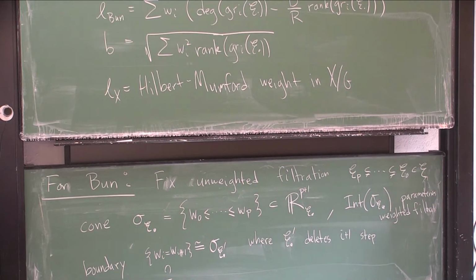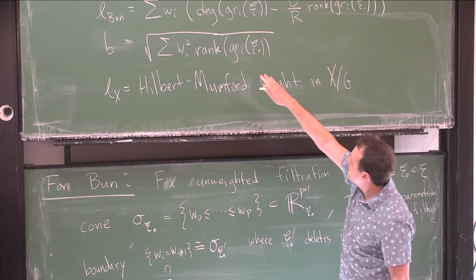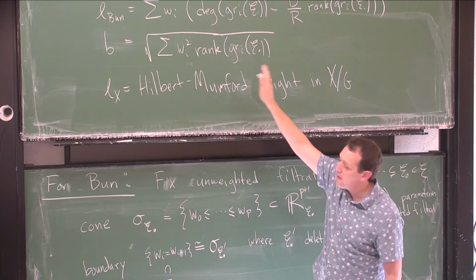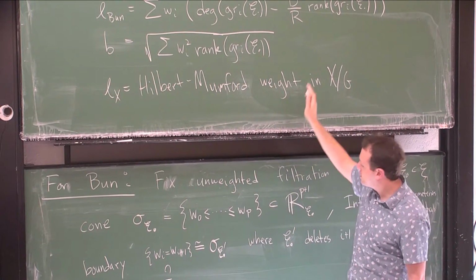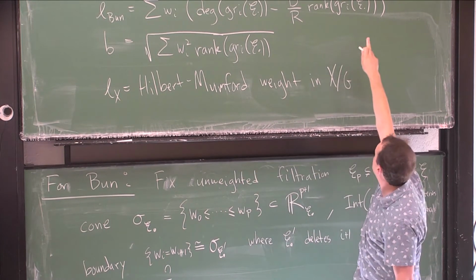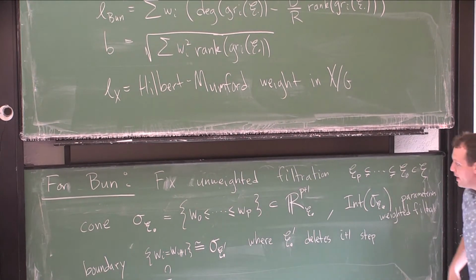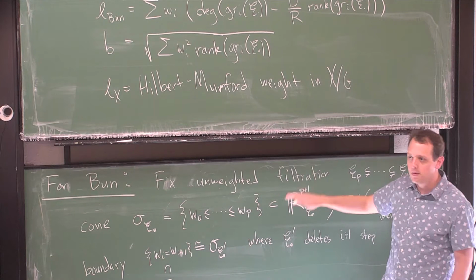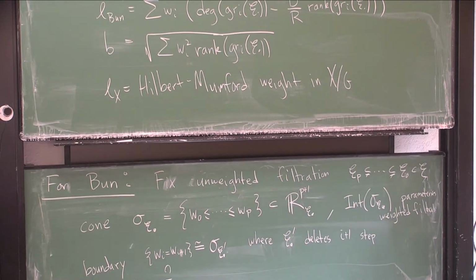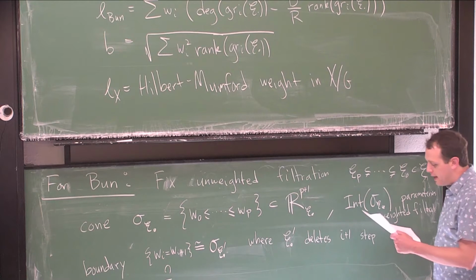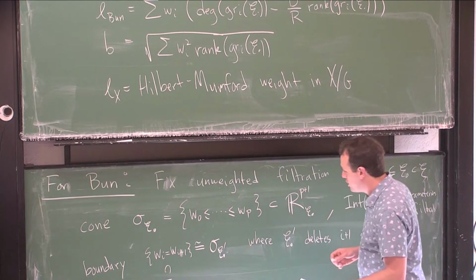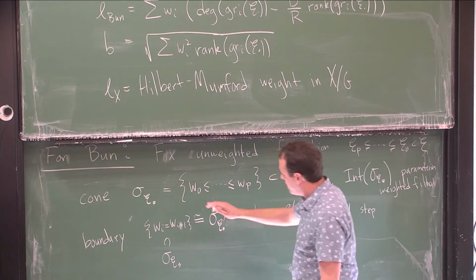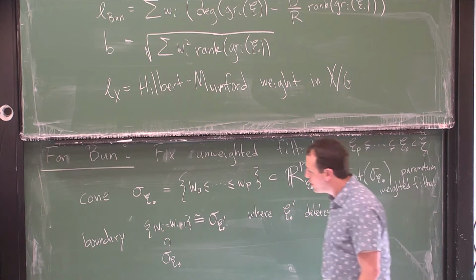And the reason why this is a reasonable thing to do is because if you look at this function here, it's not hard to show that under this identification, it preserves this function basically. So this function is defined on this cone, the L1 divided by Lx. But if you go to the boundary, you think of this as the weights on this other smaller filtration, it's compatible with the function that you define there. So then it makes sense to glue, because the function is sort of compatible with these identifications of the boundary, so you can glue